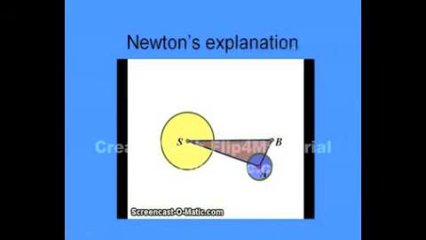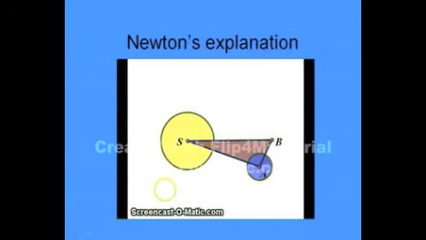I'm going to conclude this presentation with an explanation of how Isaac Newton in the 1600s gave a sort of proof of the equal areas law. Now, the equal areas law says that as the planet moves, it sweeps out equal areas in equal times. And this seems like a very difficult thing to do, but Isaac Newton showed how it could be